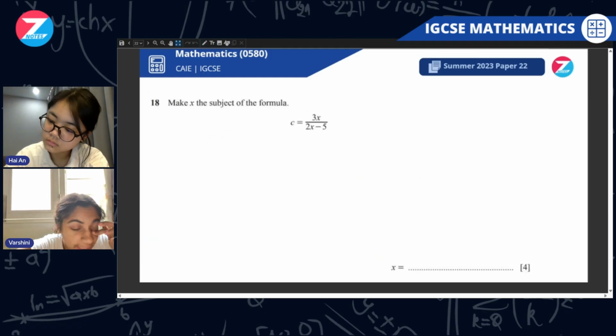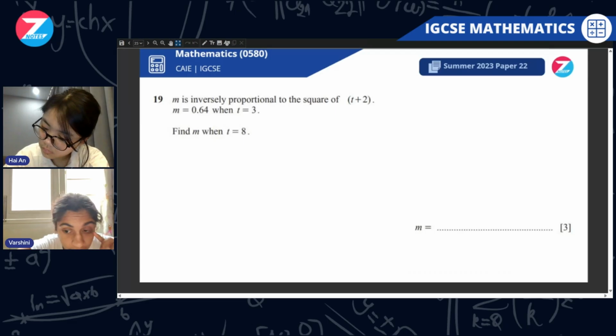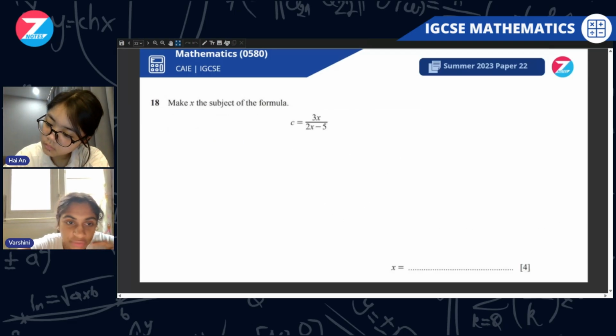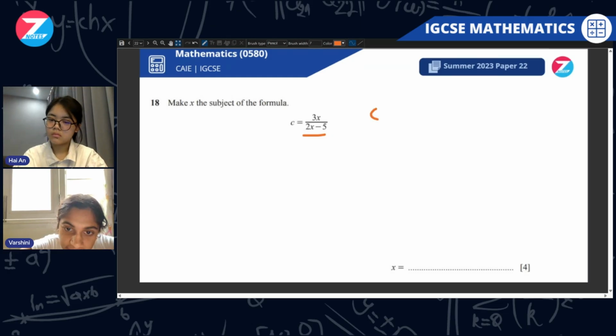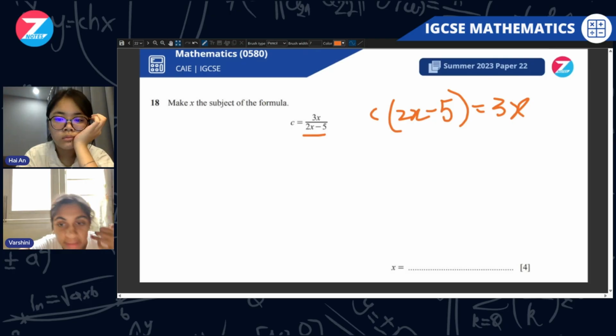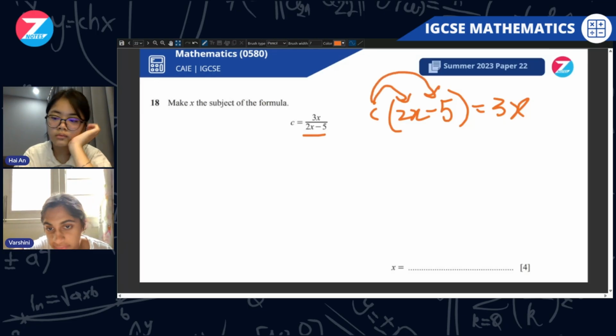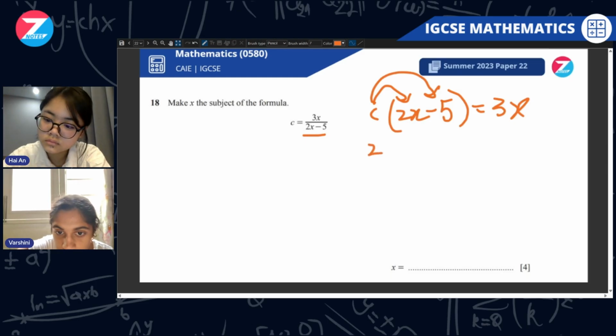Okay. 18, make x the subject of the formula. So all we have to do here is rearrange everything. First, let's get rid of this denominator. So we multiply both sides by 2x minus 5. It's going to be c into 2x minus 5 equals 3x. So now let's expand all the terms. We have to multiply c into 2x and c into minus 5 to get rid of these brackets. So that's going to be 2cx minus 5c